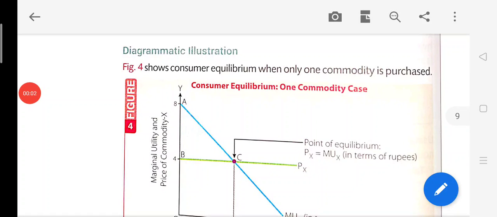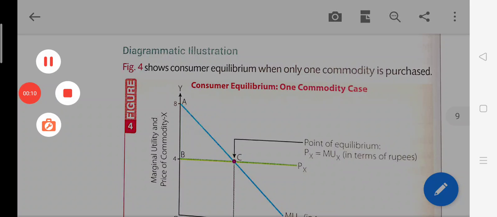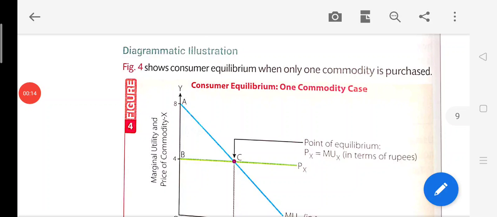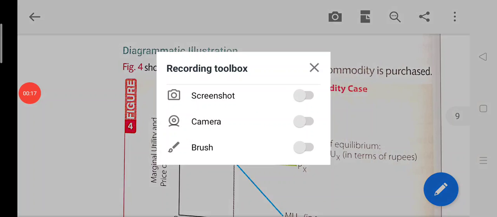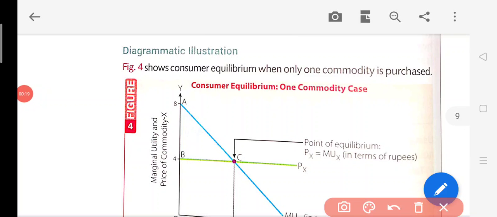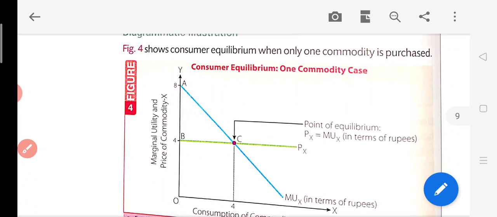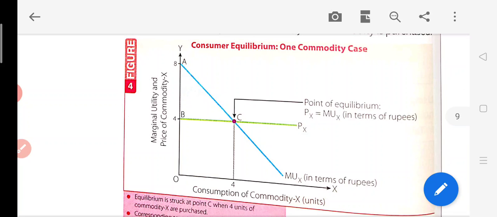Good morning, students. Now we'll be moving forward with our economics chapter. As we did yesterday, the concept of consumer equilibrium, how the consumer achieves equilibrium in the one commodity case. Now here we will try to understand with the help of a diagram what the condition is over here. Now here we know that the condition for the one commodity case is